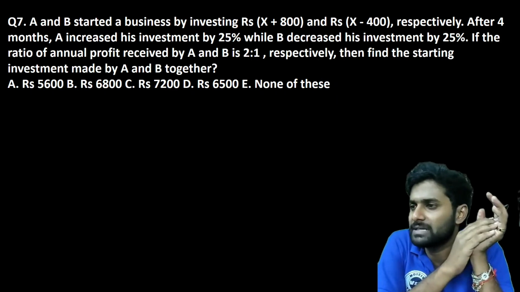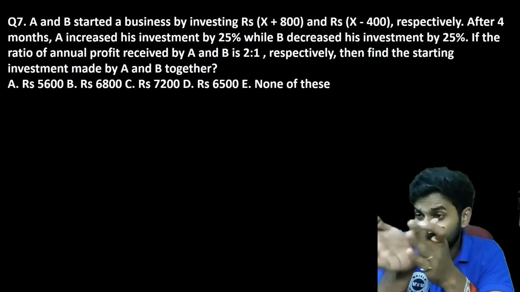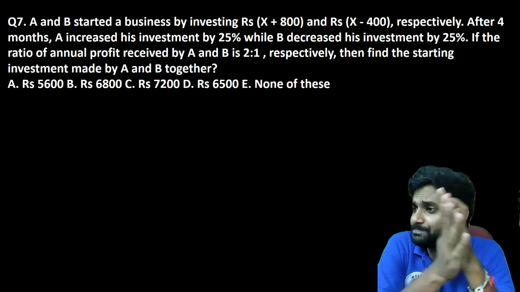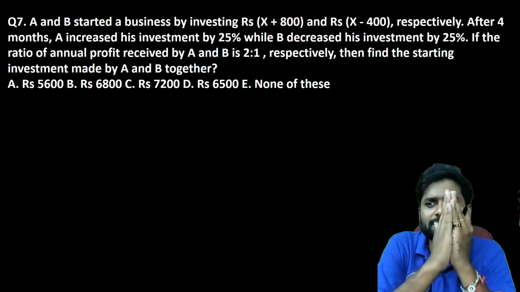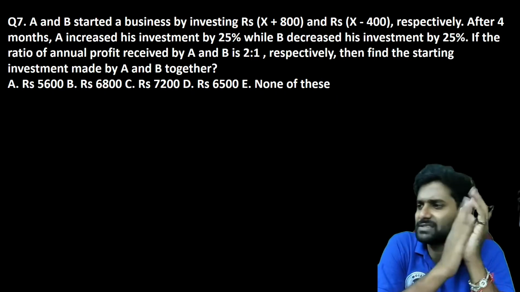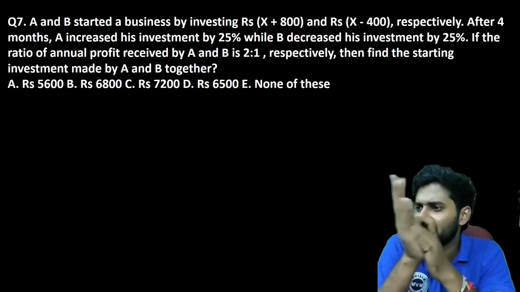Now see this question from the partnership concept. A and B started a business by investing x plus 400, x plus 800, x minus 400 respectively. There is a change after 4 months. A increased his investment by 25%. B decreased his investment by 25%. If the ratio of annual profit of A and B is 2:1, find the starting investment of A and B